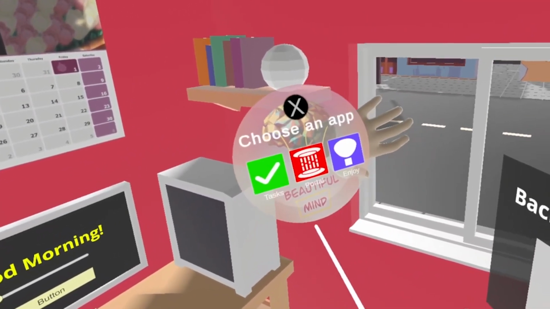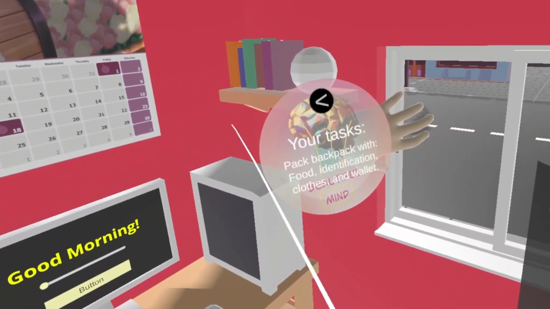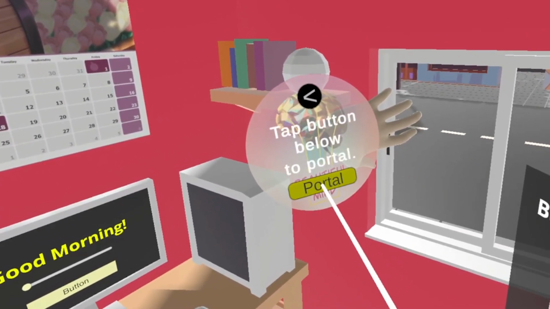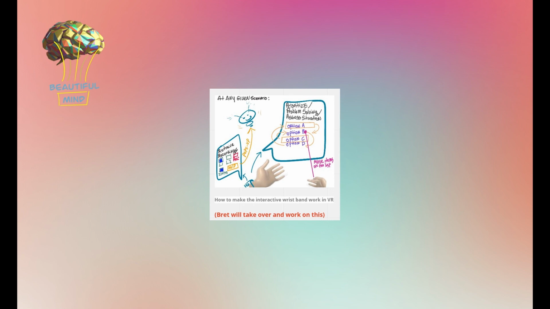Keeping key features consistent throughout the app experience is something we are aware of, as is the case with the wristwatch. Instructions for each scene need to display on the wristwatch. However, in some circumstances, the portal icon on the watch for going to the next scene needs to appear only after